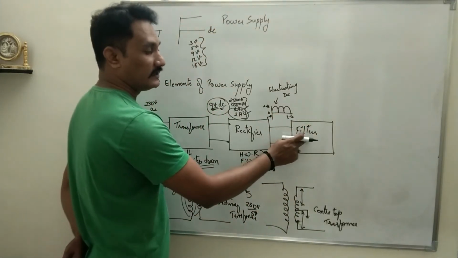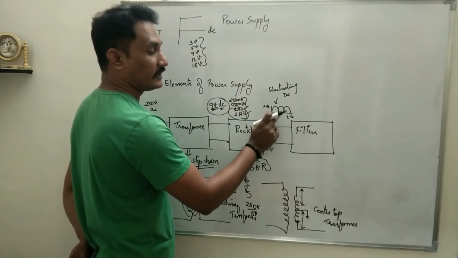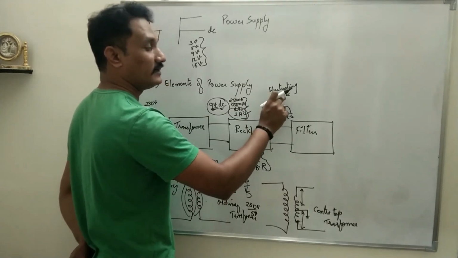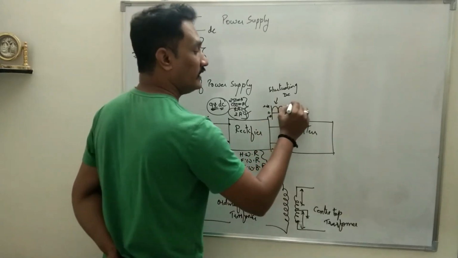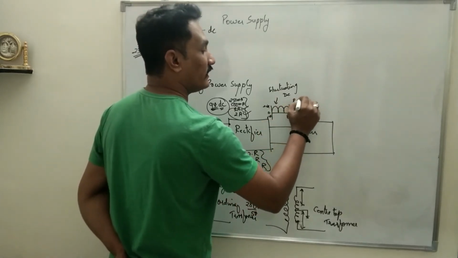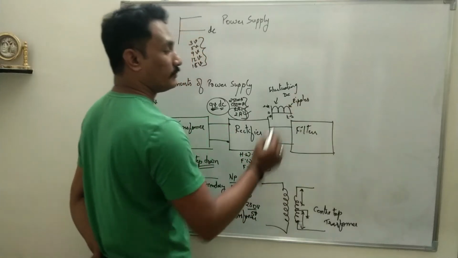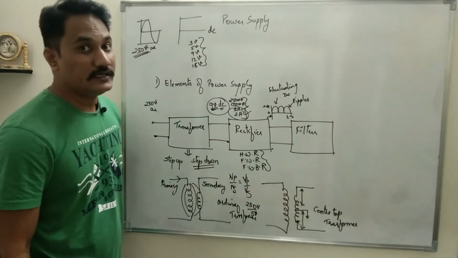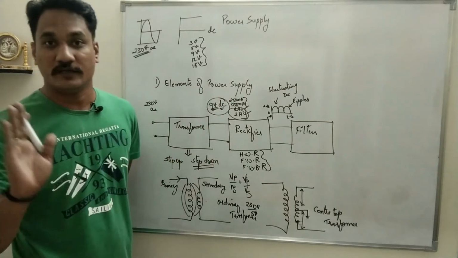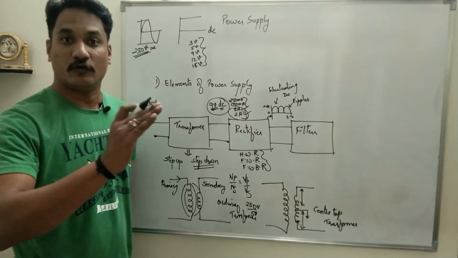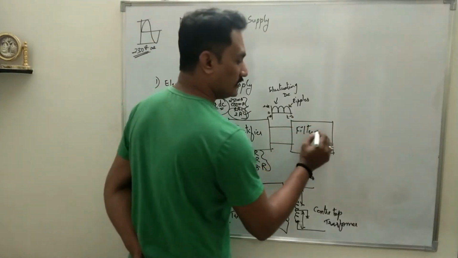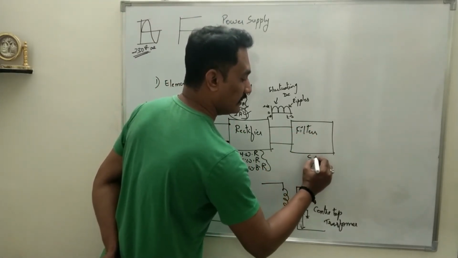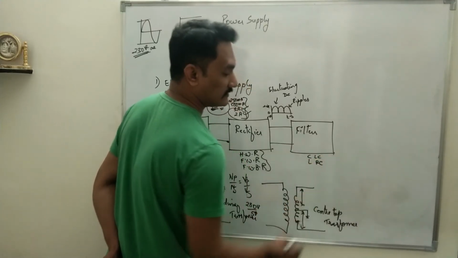Why are filters needed? As I said, the output of the rectifier is not pure DC. Some AC component is mixed in the DC component at the output of the rectifier. This is called ripples, and that type of signal is called fluctuating DC. So what you need to do is remove the AC component. The output should have only the DC component. So we design filters. We will try to understand four filters: capacitive, inductive, LC, and RC filters.